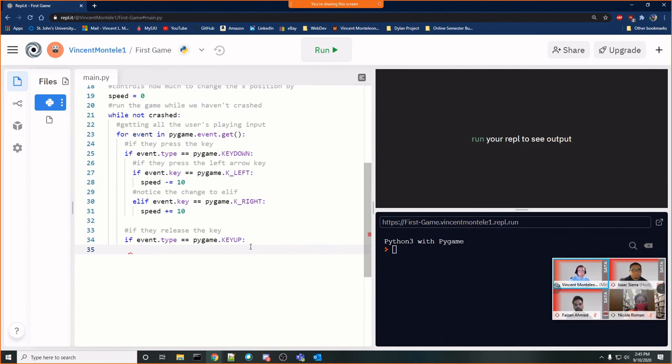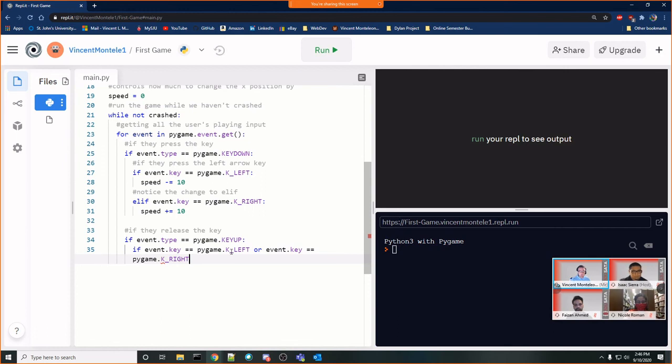Okay. So now we'll go to the key up. And this one is going to be just one if statement to say if they released a key. What key did they release? So I'll say if event.key is equal to pygame.K_LEFT, or event.key is equal to pygame.K_RIGHT.